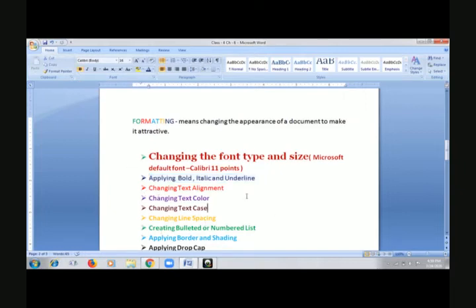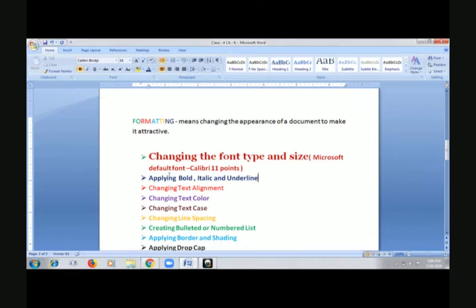Before selecting, I just want to show you once. See, it's a little lighter, the line which is written applying bold, italic and underline. Now I'm selecting it. I'm just going to press B here or Control plus B from my keyboard. So let's press and see. See, now it's bold.